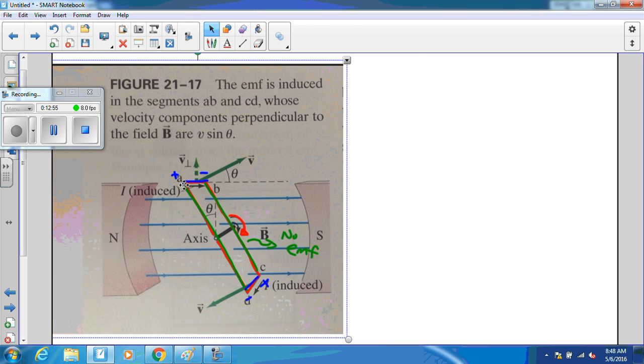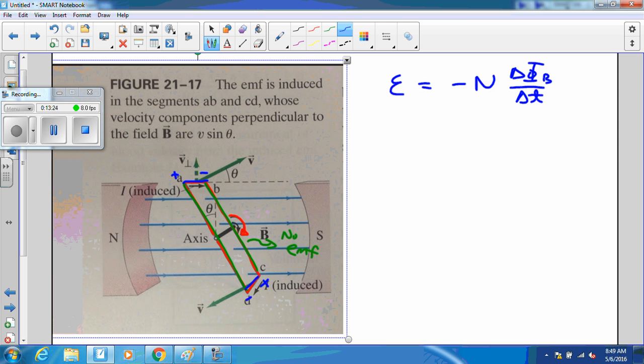Okay? Now, your book goes through a fairly complicated derivation using geometry, trig, to generate the equation. I would like to do it in a more simple fashion using a little bit of calculus, but I need to explain. So let's start with Faraday's law of induction, and that is that the EMF that's generated should be equal to negative n times the rate of change of the flux. And then I want to remind you that the flux in general is equal to V times A times